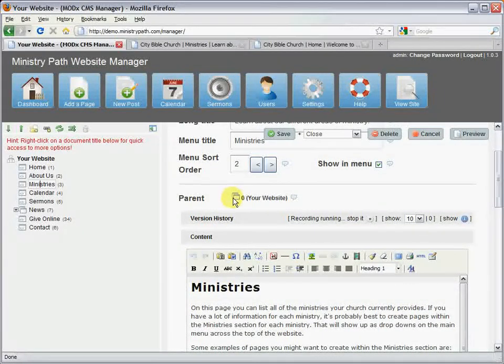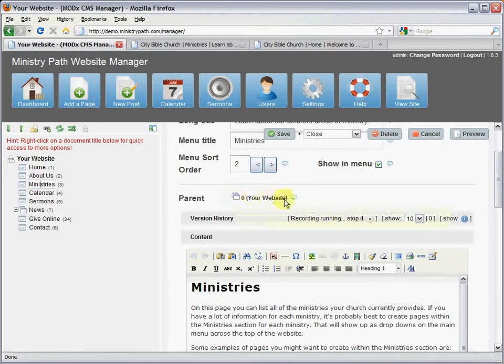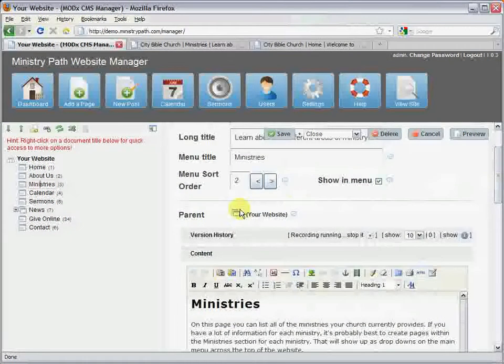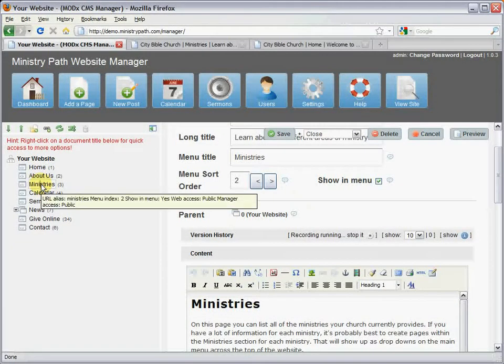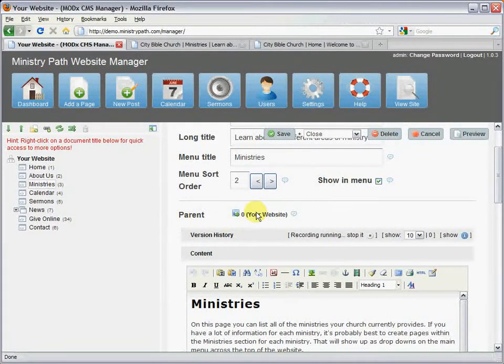Parent. The nice thing about this system is you can organize your pages, and we definitely recommend doing this in parent-child relationships. So if I was going to create a page, a children's ministry page, well, I would want to put that underneath the ministries section. So if this were the children's ministry page, all I would do is click this icon here and select ministries, and that has reassigned it now to the